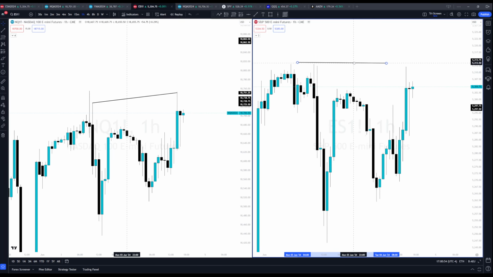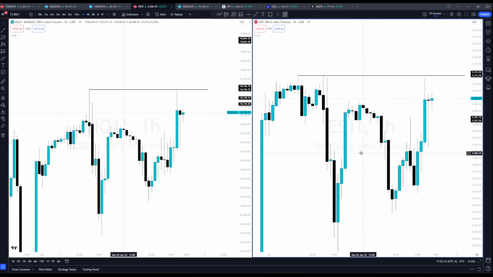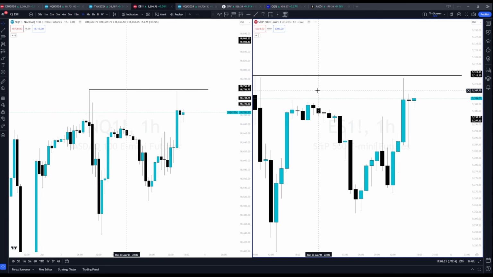NQ takes a high. It's where we could have a possible reversal. But I still think, going into tonight, ES pushes back up to these highs, as well as NQ pushes up to the previous day high, and because we almost swept it, it's basically like relative equal highs at daily highs. So 755 is my target tonight, and as well for ES, because ES has those daily highs. If we take ES down to a 4 hour chart, we can see these are 4 hour equal highs. They're hourly equal highs.